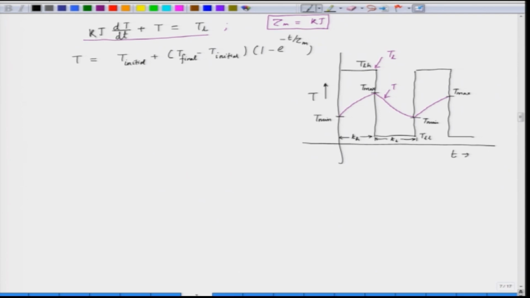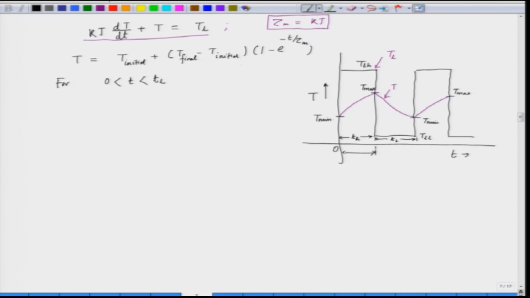This equation K J dT by dt plus T equal to TL is applicable to the motor behavior, which is varying between T minimum and T maximum, and the T initial, let us say for time between 0 to TL. So, this is our origin. So, for this region